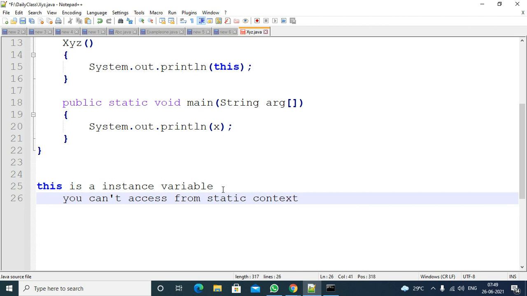I hope you know this point by seeing this code. If you try to access the this keyword here, you will get a compile time error. You are not supposed to access it from a static area, that means a static method or a static block. Only these two, static method and static block.